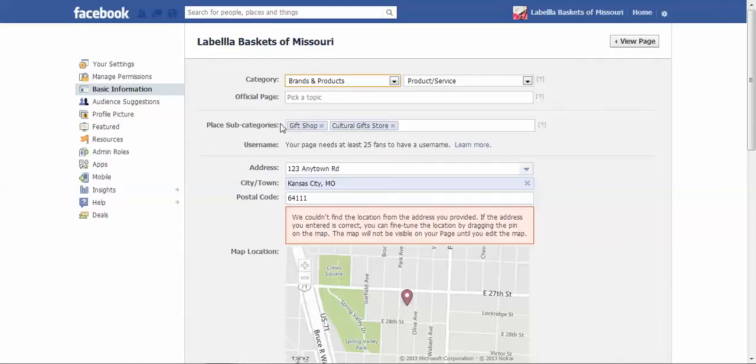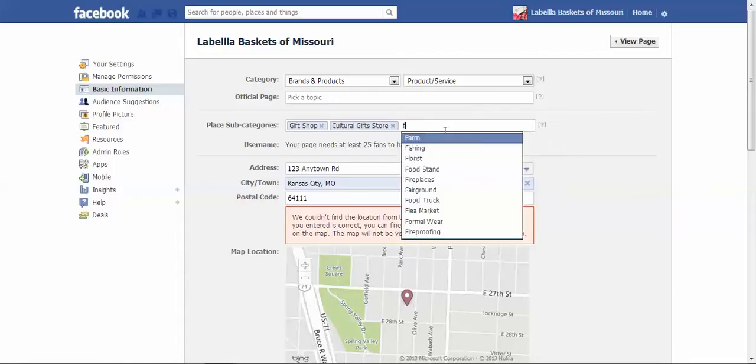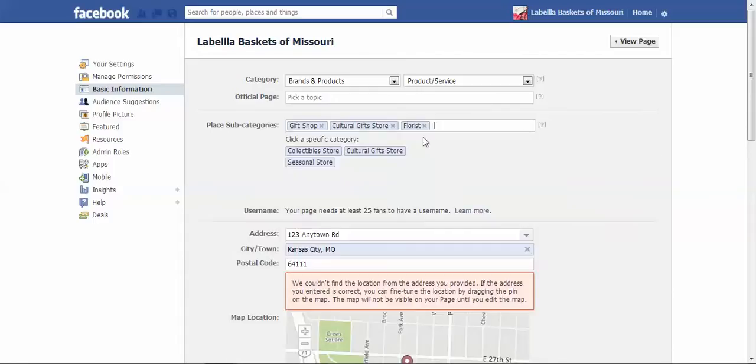This is also a new thing, placing subcategories in here. You can just go in and start typing in things like gifts or shops, and I've already done the gifts part, but maybe if I could spell, that would help. Let's do flowers. So it's going to start giving me suggestions, but I could also just type in, it's going to be difficult today. Oh, there we go. Florist. I could add in florist as a subcategory, and I can add these in as well.